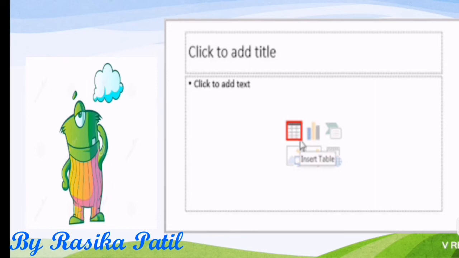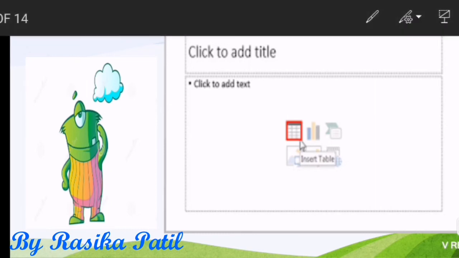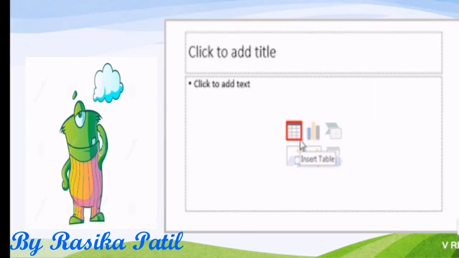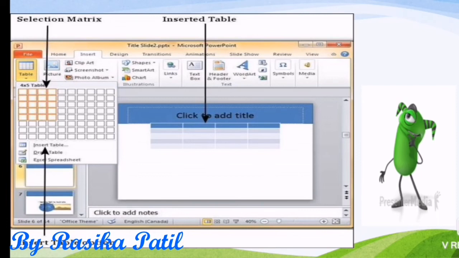So what are they? The one is when we are adding a text, there itself, shadow-like images are present in the text, where you can see the Insert Table image. Once you click on this Insert Table image, you will open the Insert Table option. Now see here.